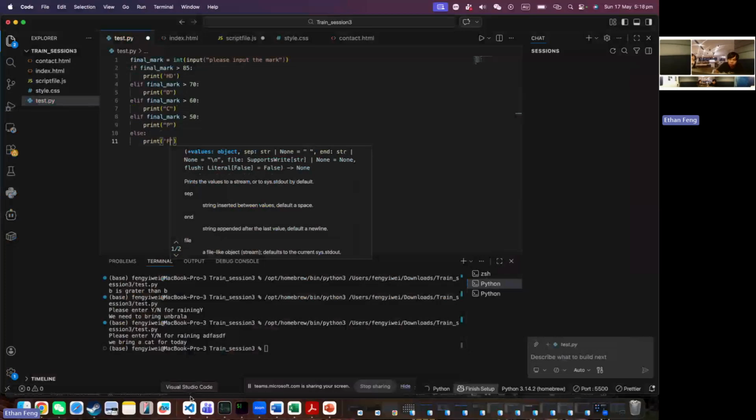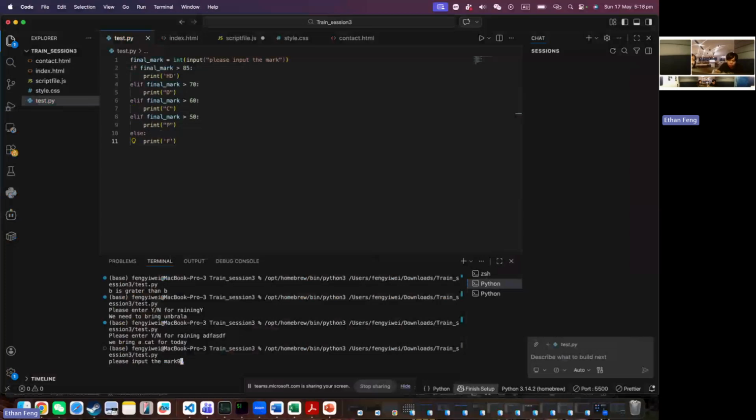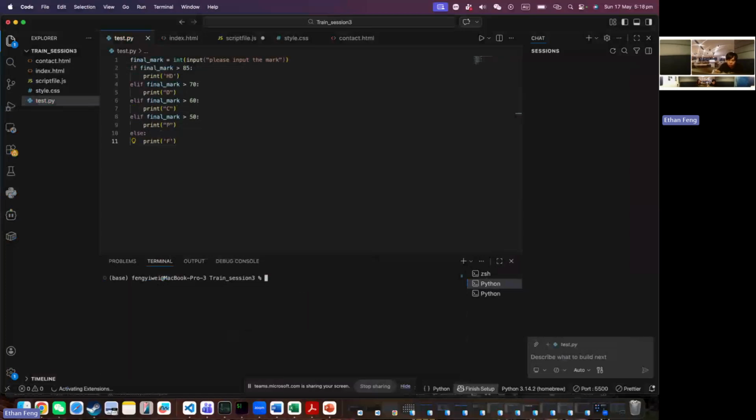Okay, and then we run it. For example, number 9 will be failed. We return no and run it again. If we get 100, you will be high distinctions. So that's how you use if, else if, and else. So they can meet as many conditions as you want. Okay. So the next one